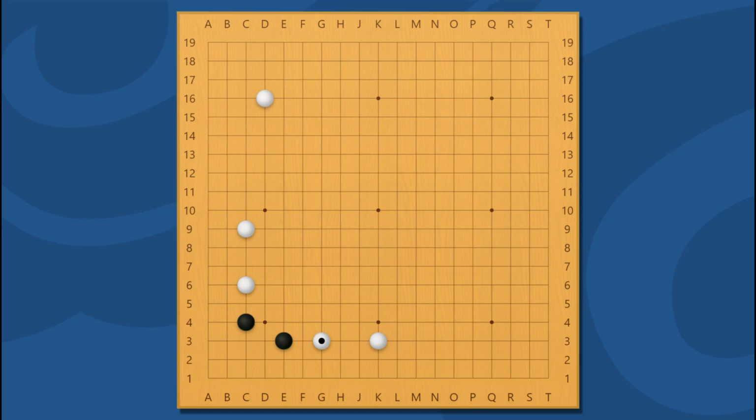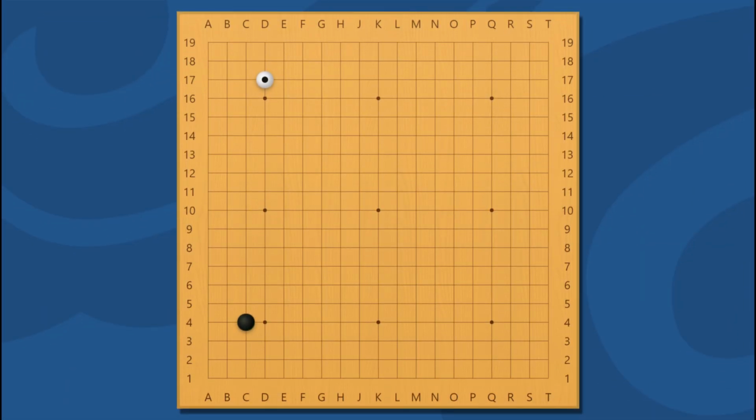White makes an extension here, blocking the space for black to develop toward the side. Black is based on the corner enclosure. But if the development toward the side is completely blocked, most of the time it won't achieve good results. The black corner can only be forced to jump upward and get out in the center. Black directly getting out in the center from the corner is disadvantageous for black.